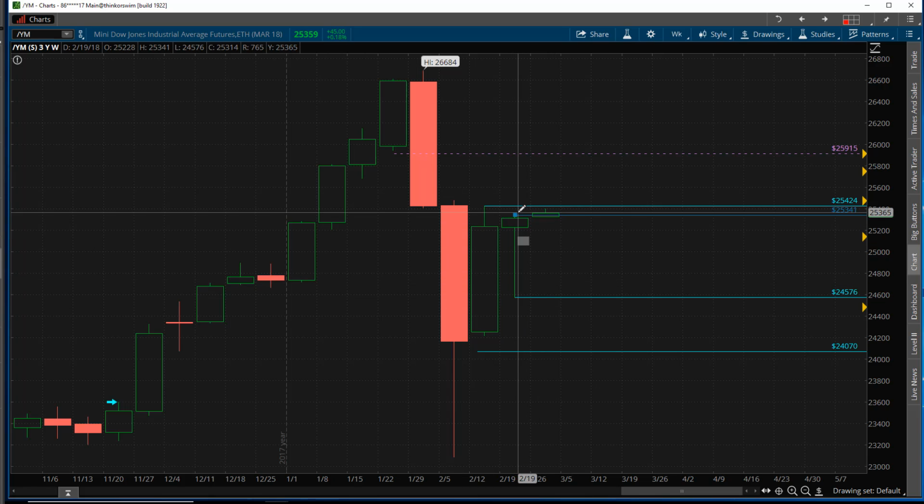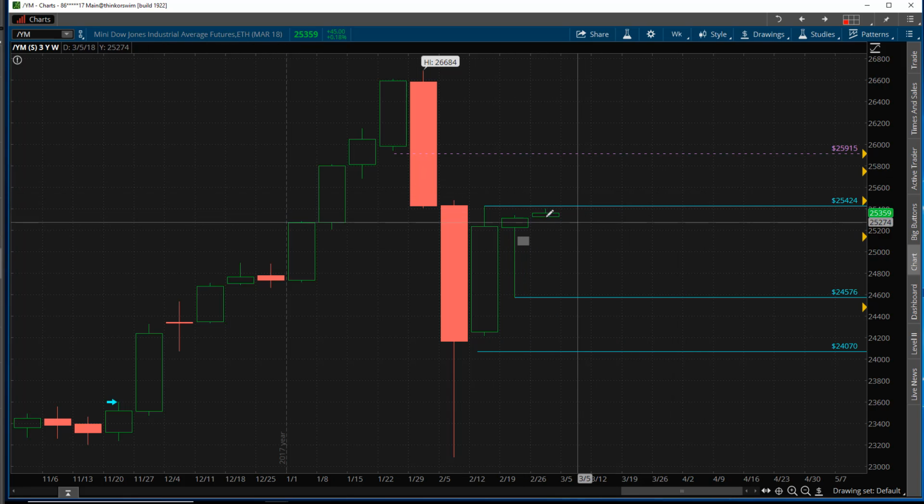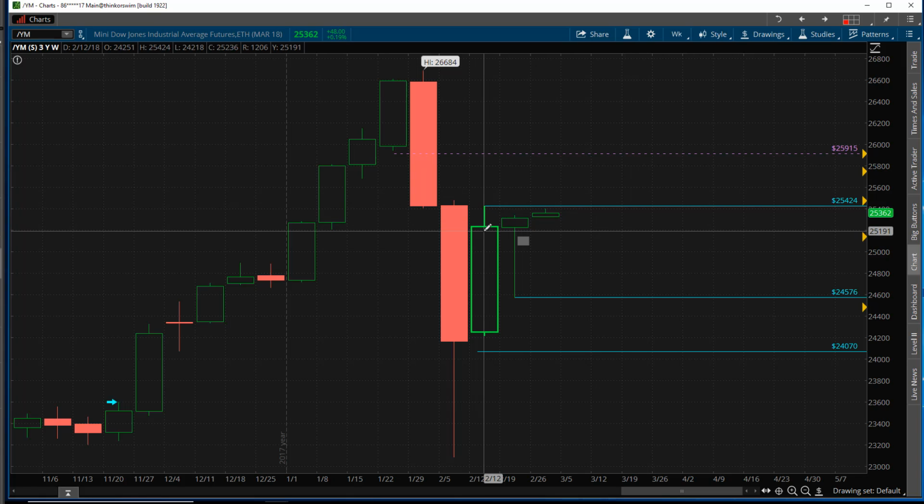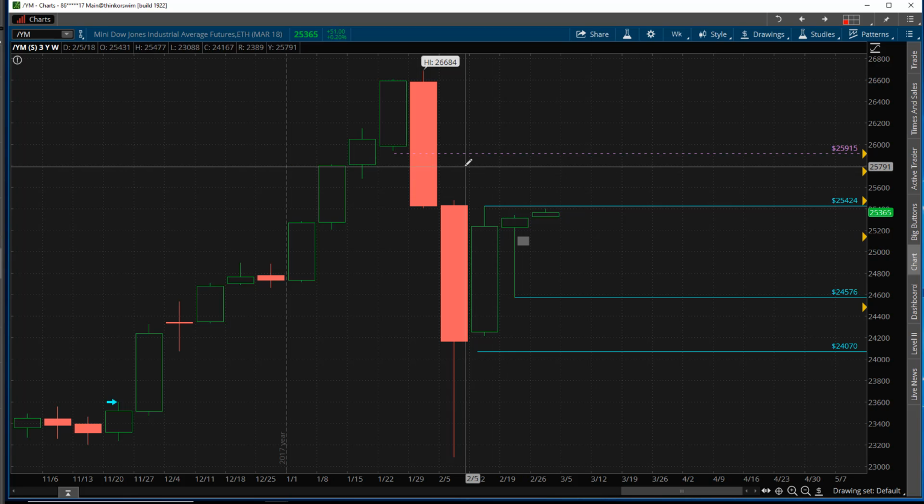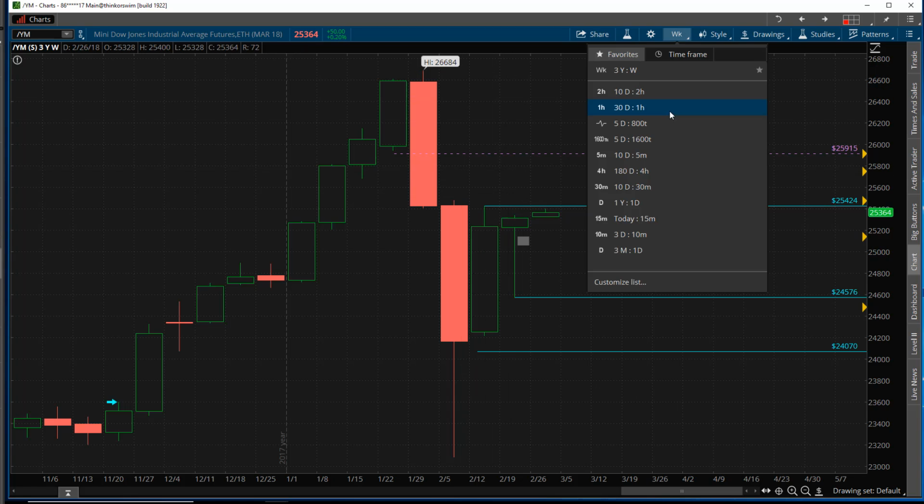In the overnight session, we've already taken out last week's highs. But what I'll be looking for the rest of the week and going into Monday is a break of the previous week's highs, which is 25,424. If that happens, I'd be looking for a run up to the 25,740 to 25,750 level, which is, I'm going to go to an hourly chart,